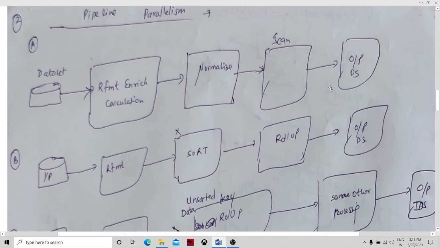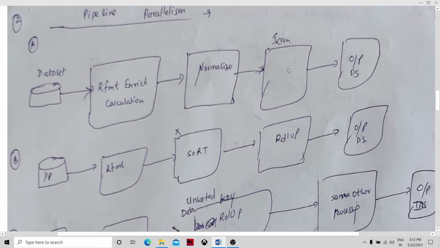If all the components are doing operations on a particular data set, then we could see that it's a pipeline of the data. We are feeding the data from input data sets, and let's say we have 10 records. When the first record is passed through reformat, it goes into normalize and then scan, and the first record has been received by the output data set after all these three stages of processing. The second record is, let's say, under scan.